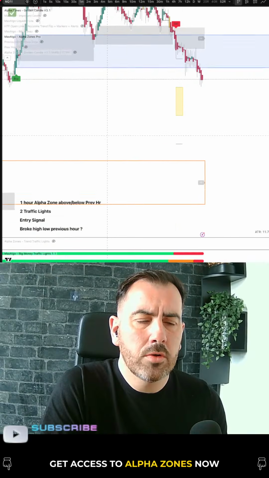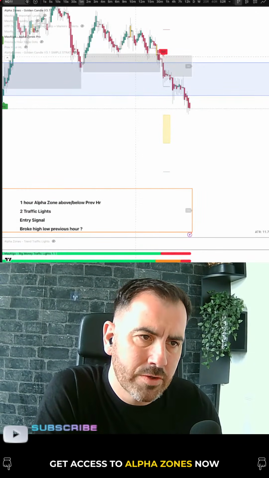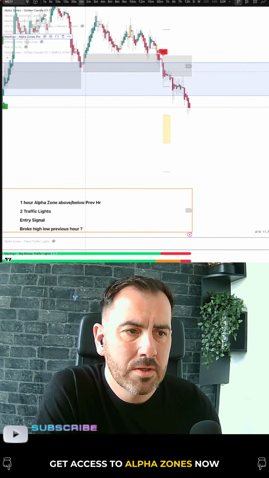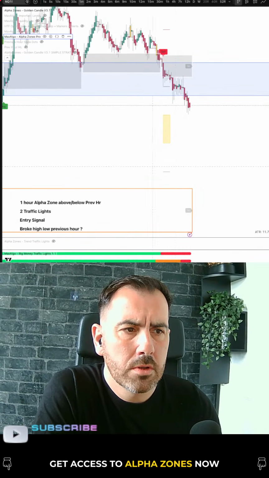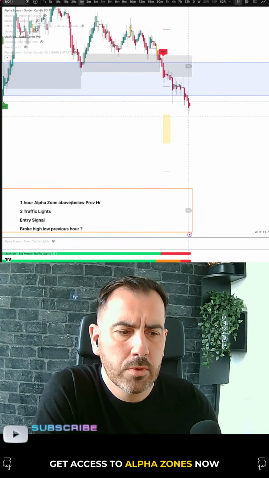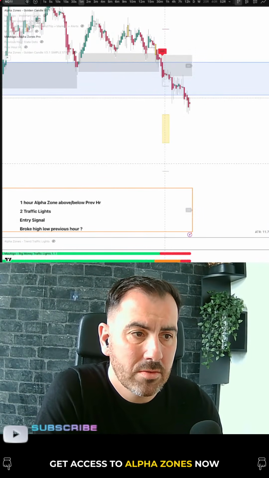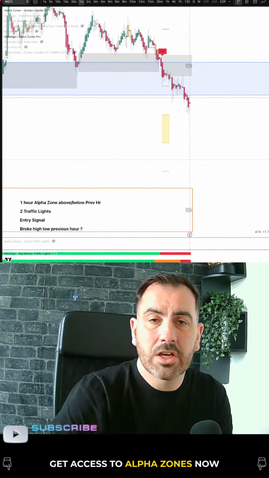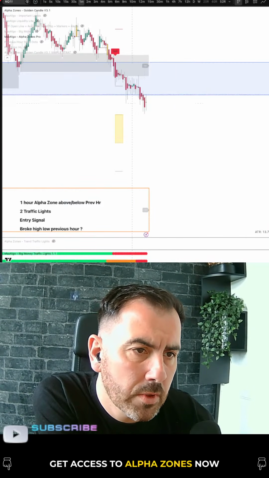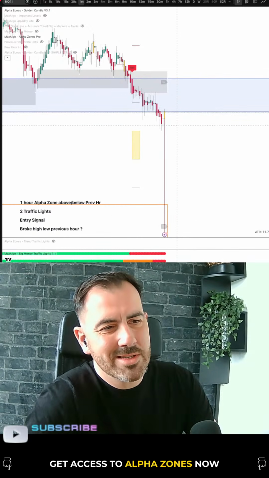But we're looking for things to be in line. So we've taken the low of the previous hour, which means I don't mind that our alpha zone isn't bearish, because we've taken the low of the previous hour. We've come below our Q, and our traffic lights are now red. So we've got everything to say we could take a short, but to get a short, we're going to need one of these white or gold candles to break up. See, just as I say,